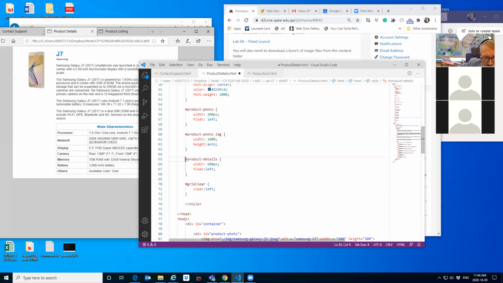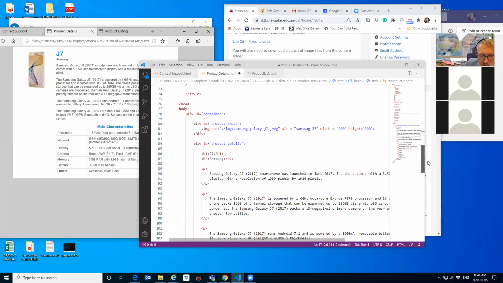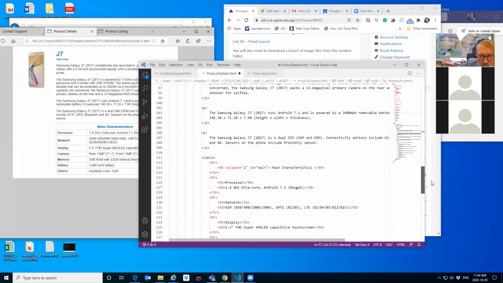Now the other thing, the other division is given 600 pixels, and we're using these floats. What that does is it orients whatever is inside that element to that direction. Okay, and so that's what's happening there. And again, as I said, there's a fuller explanation of this in the